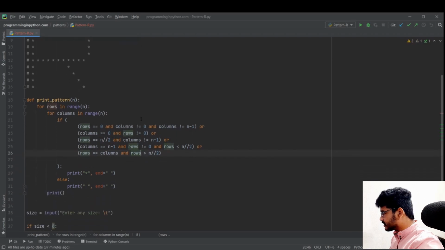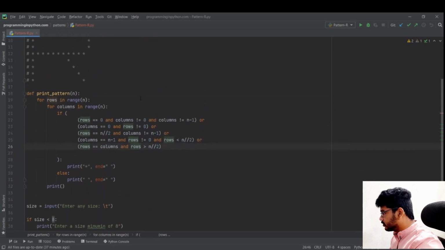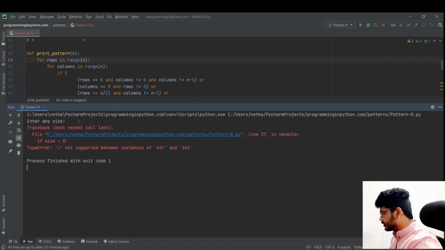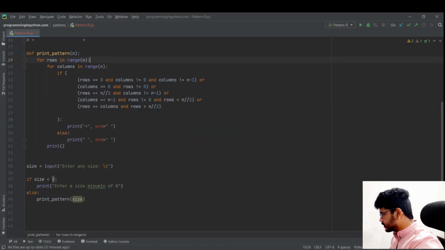So first let me run this now and see whether we are getting that output or not. So I'll run it, enter size 8. There is a check, if size less than 8.